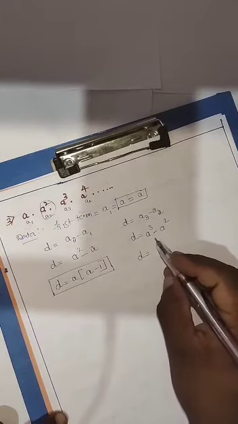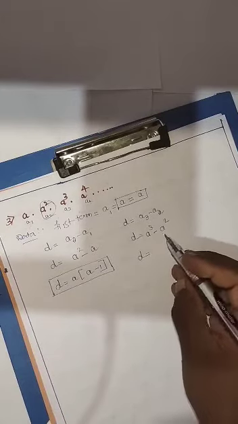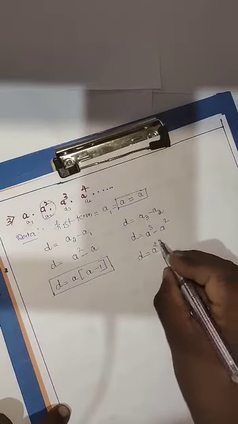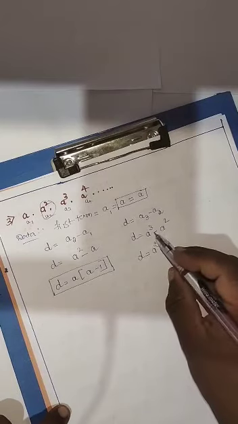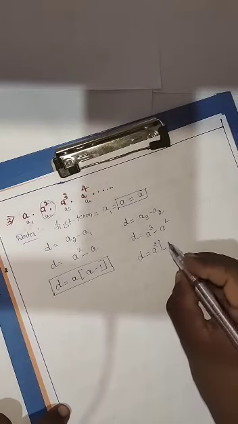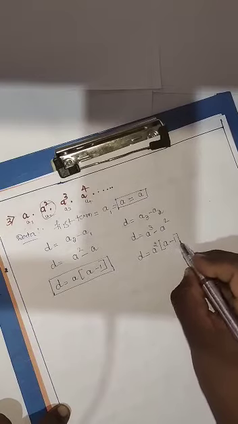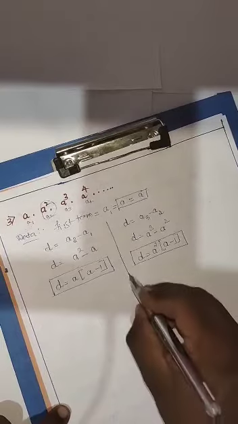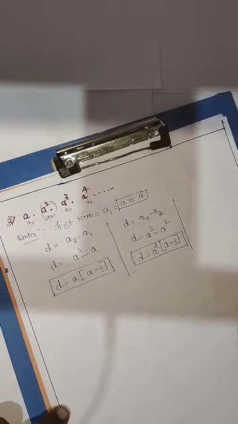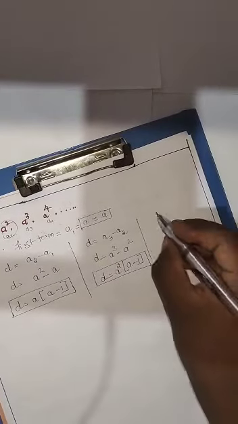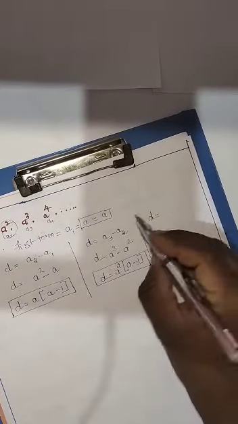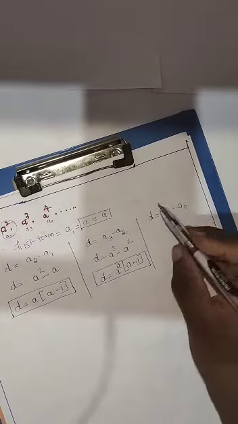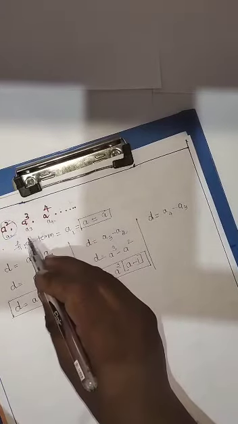So what do we take common in these two? Yes, we can take a square as common. For a cube, we take a square as common, and the remaining terms are a minus a square into a minus 1. Okay, then I am going to take d is equal to a4 minus a3, the common difference of the next two consecutive terms, that is a4 and a3.